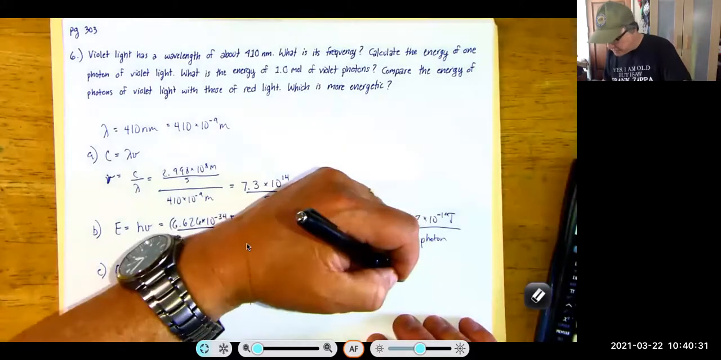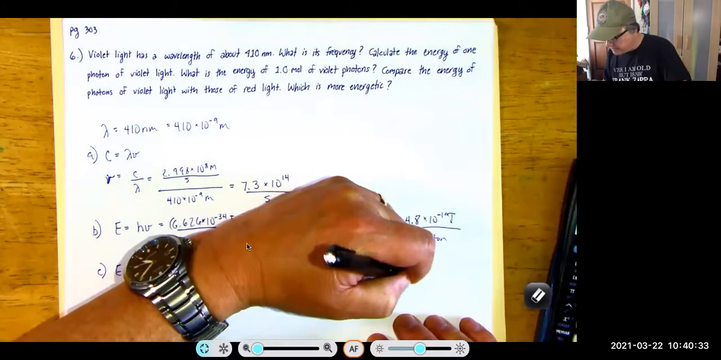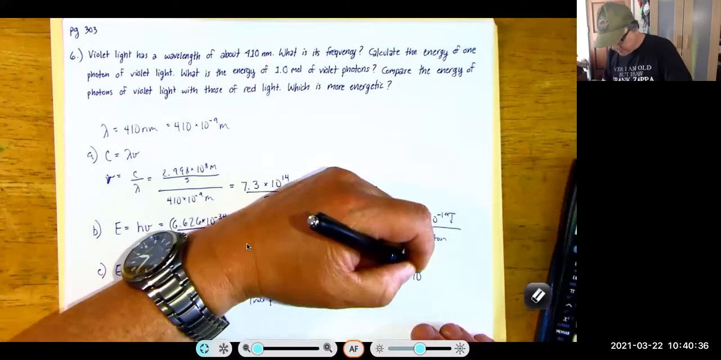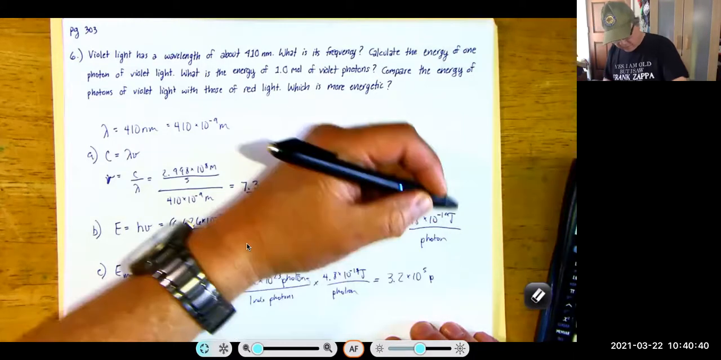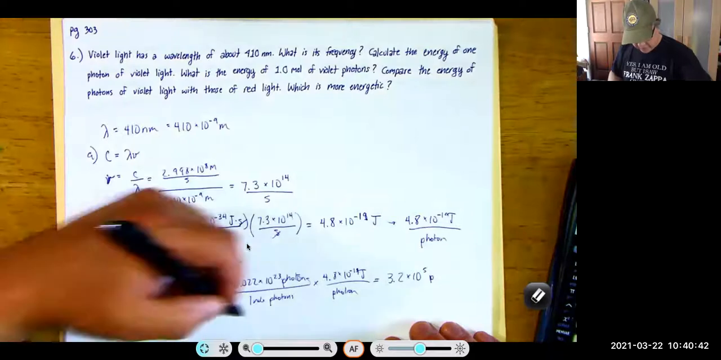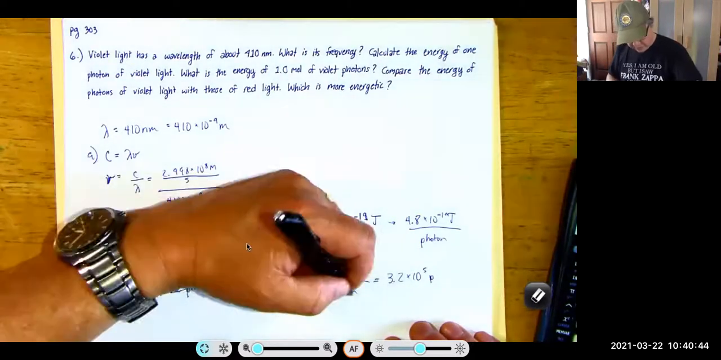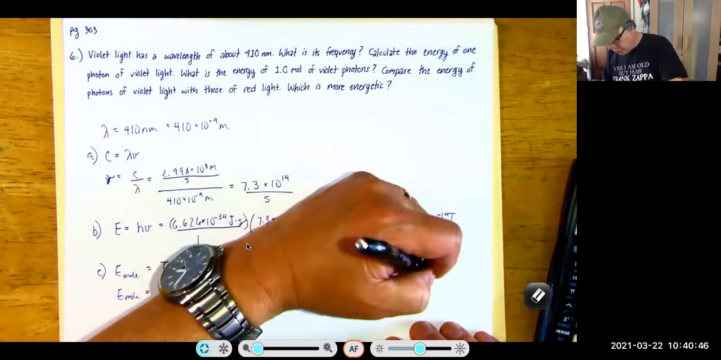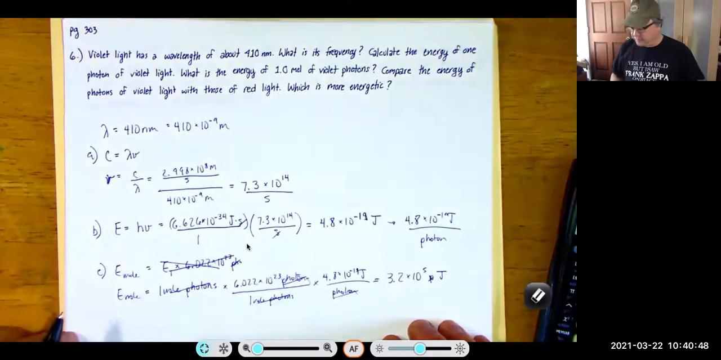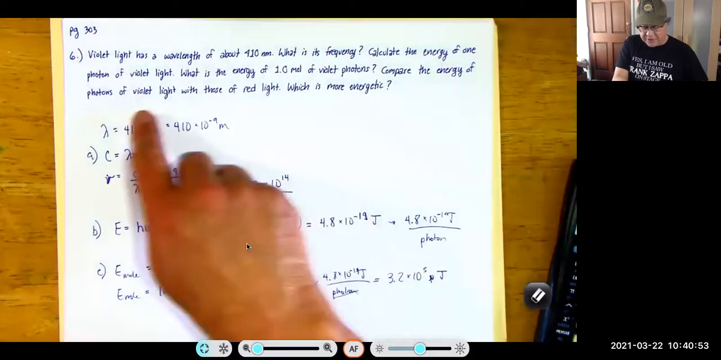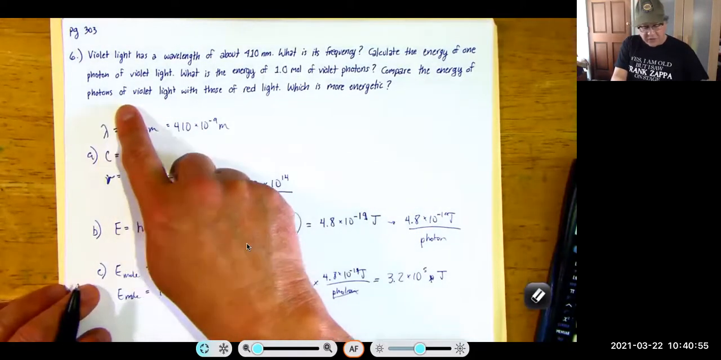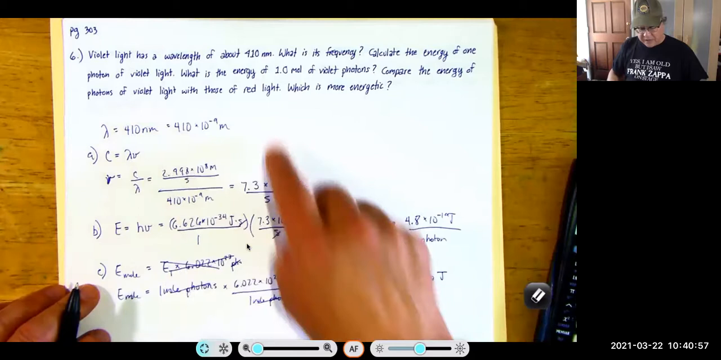So I get 3.2 times 10 to the 5. Let's see, joules per mole of photons. Okay, so that's C. Compare the energy of photons of violet light with those of red light, which is more